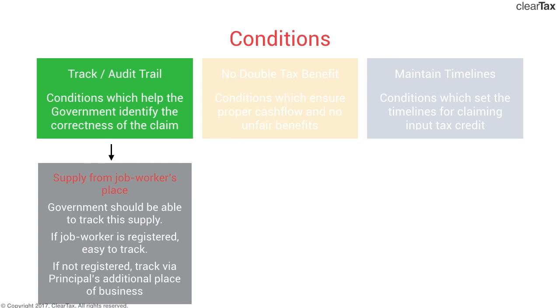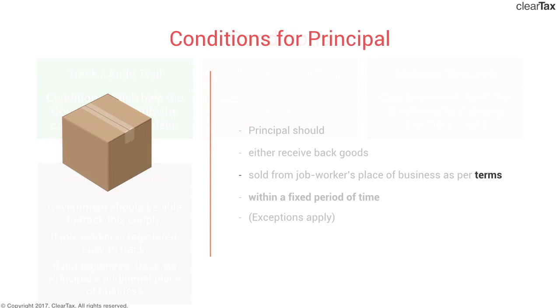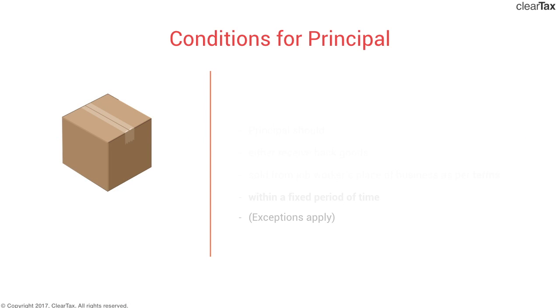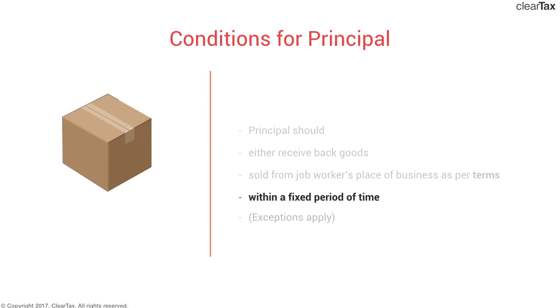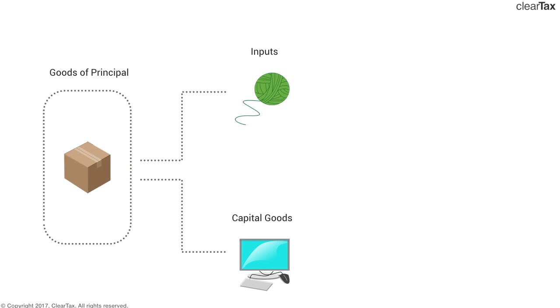If the supplier sells goods from the job worker's place, the government would want to track it. If the job worker is registered, it is very easy to track. But if he's not registered, then the government would want to track it via the principal's returns. So the principal has to declare this place as the additional place of business, and that makes it easy for the government to track. So those were the terms attached to sale directly from the job worker's place. The second is the stipulated period of time. What's the timeline? For inputs, it is within 1 year from the date goods were sent out